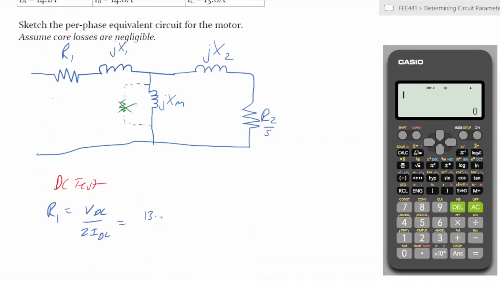So 13.6 over 2 times 28, which gives us, so our R1 is 0.2429 ohms. Okay,